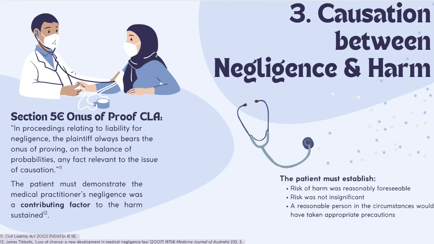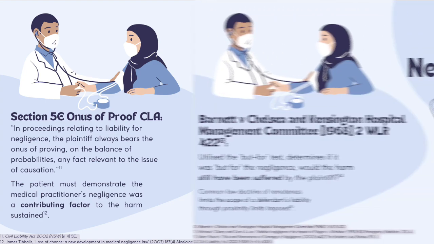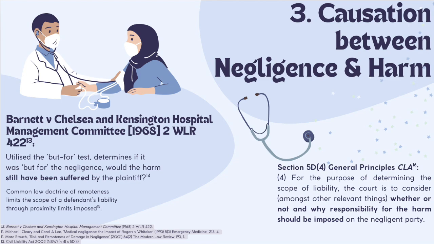These requirements include demonstrating that the risk of harm was reasonably foreseeable, the risk was not insignificant, and that a reasonable person in the circumstances would have taken appropriate precautions. Causation includes the but-for test, requiring a comparison between the actual outcome and a hypothetical scenario. Barnett's but-for test is used to determine factual causation, concluding that if the outcome would have been the same, causation